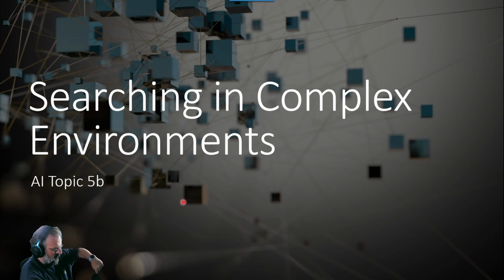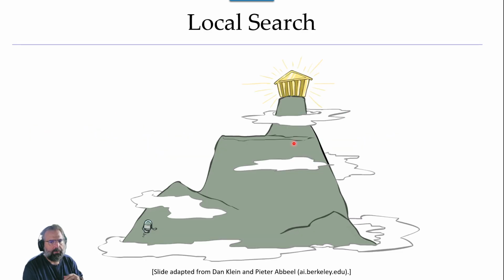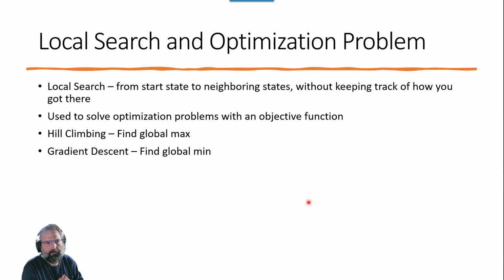We talked about searching in general as a way of finding solutions. Now we can talk about it in a more interesting environment, as you move into complex environments. We do have this problem, as we've talked a little bit about local searches. A local search is only going to consider things within a relatively small domain, or relative to the location of interest. You start from a state and you don't necessarily keep track of how you got there.